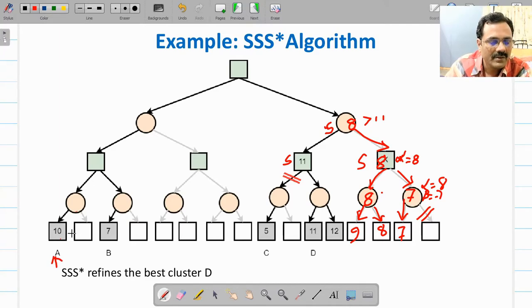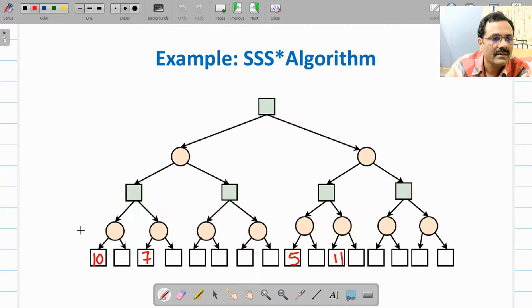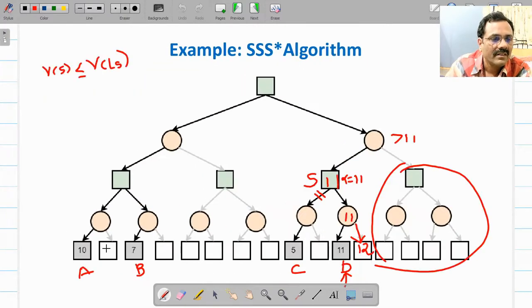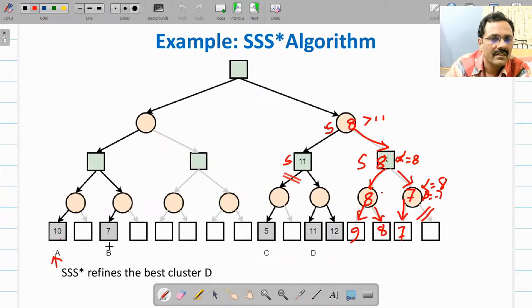Right node of this 10 is having value 5, so it will be evaluated to 5. So this minimizer is getting 5. 5 is better than 10 because value of beta decreases. It wants minimum of this.